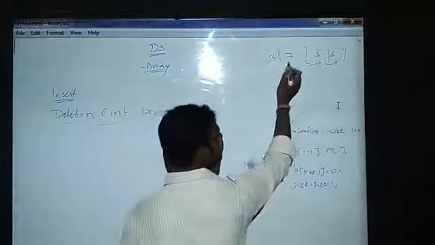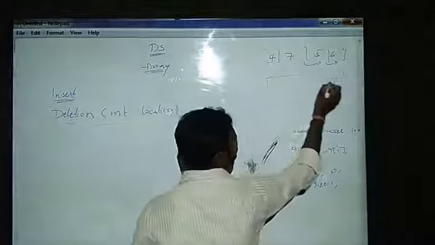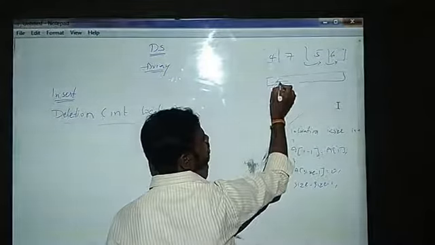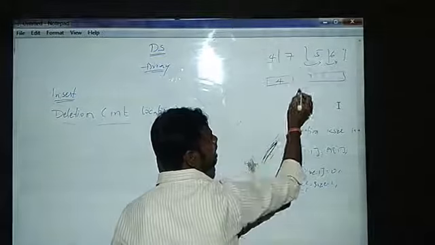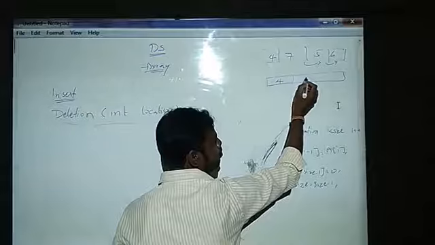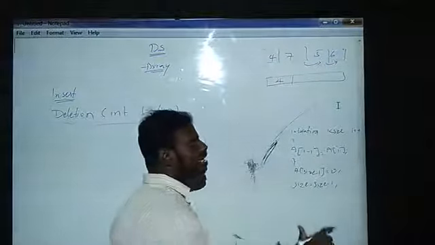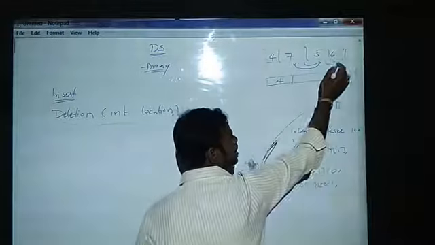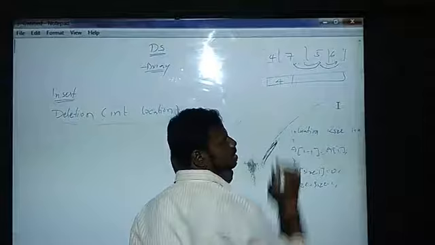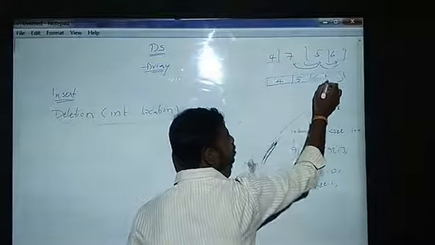When I am trying to delete an element from the array, if I want to delete this 7th element, then I need to move towards the left of the array. Suppose I have 4, and now I want to delete 7, then I will remove that and there will be free space over here. In order not to waste that memory, I need to move this element to the second position, and this element to the third position. Like that, if I have 5 and 6, the last location will be free.